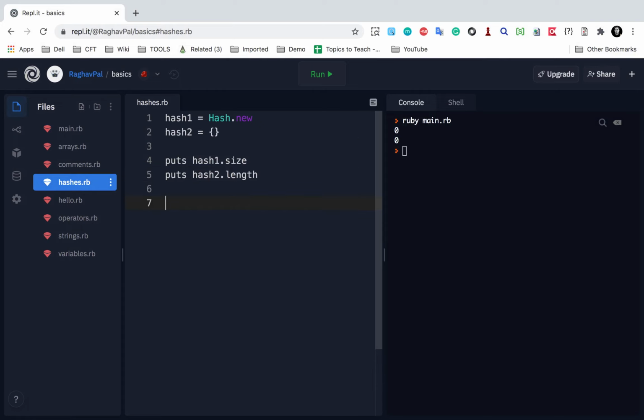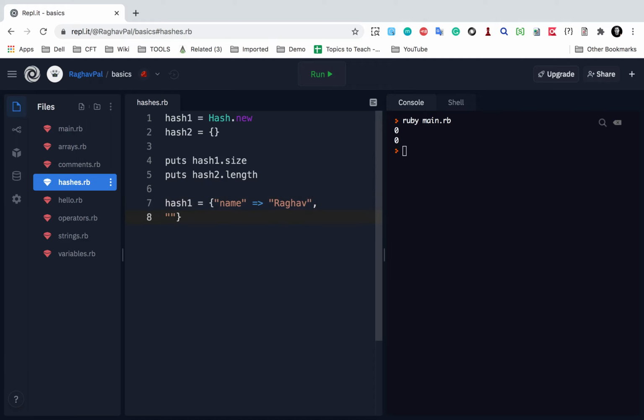And then if I have to add anything, I can say hash1 equals, and I give curly brackets here, and then I will give key value pairs. Let us say name, and then I will give this symbol, the hash rocket. We can also use a colon, I will show you that in a moment, and I will give the value, then a comma and write the next key and value.